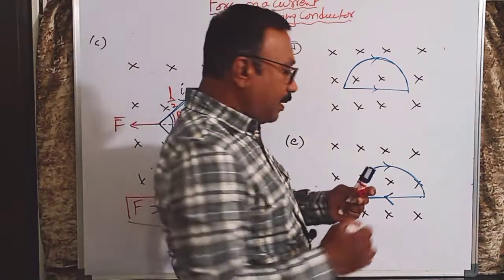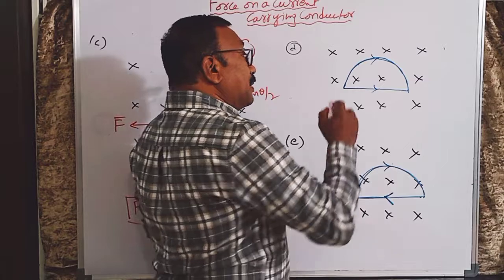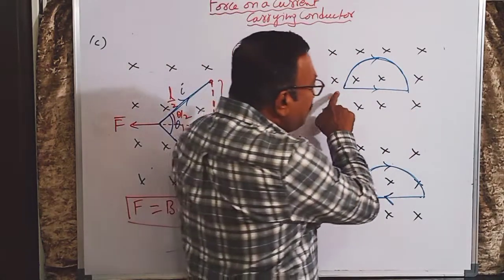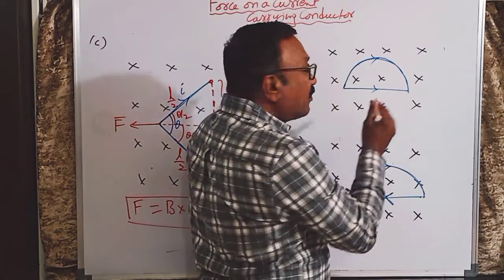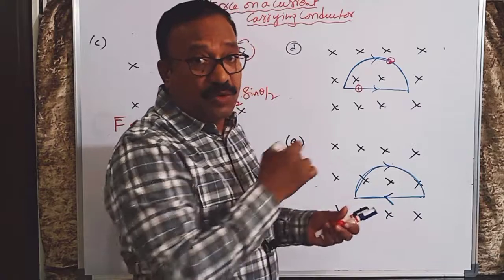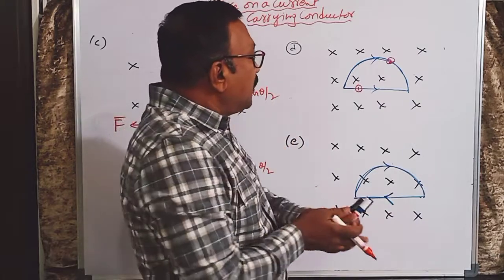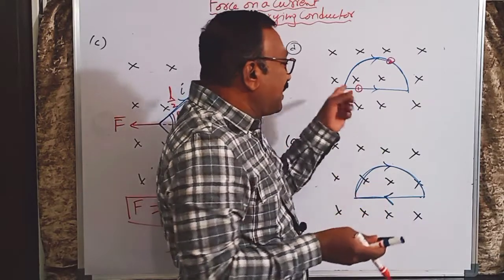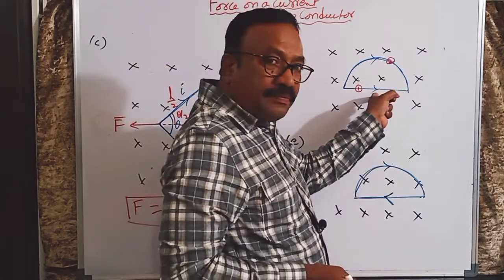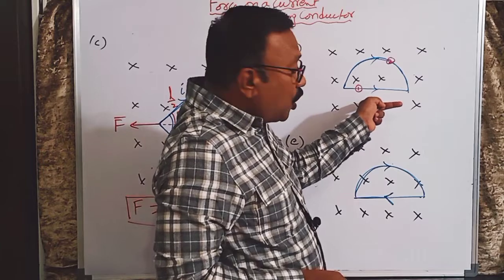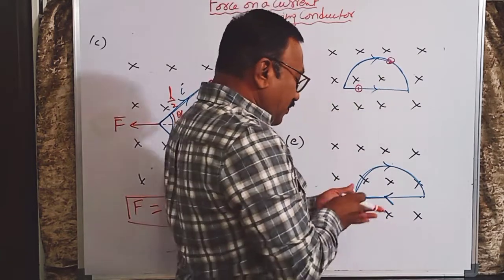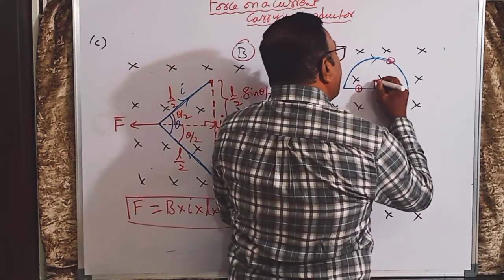Now come here. Now in this case, there is a wire here as well as here. First let me calculate on this wire. This I will take as part 1. This I will take as part 2, because both wires are there. So now, no doubt, for the force acting on this, I will use Fleming's left hand rule. The magnetic field is inward. Current is towards right. Now you stretch your thumb. So on this conductor, the force will be acting in upward direction.